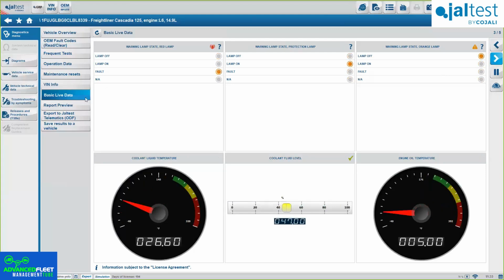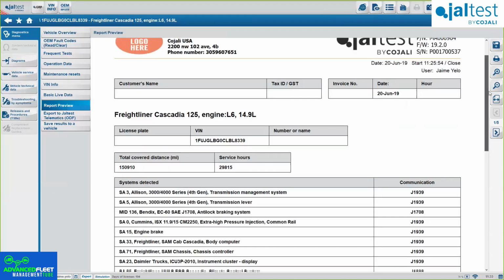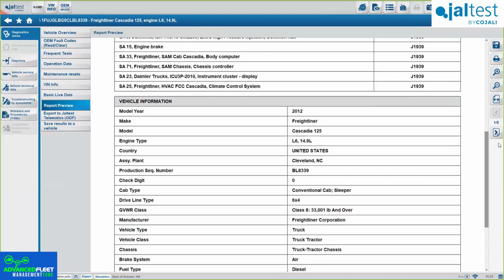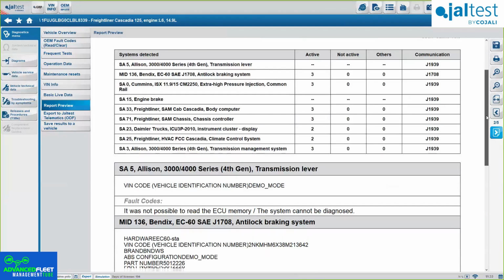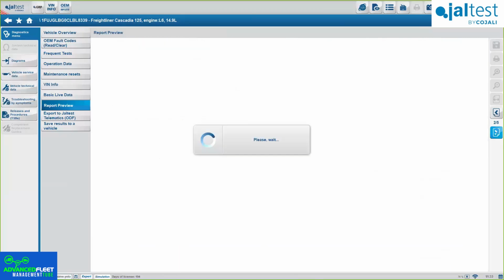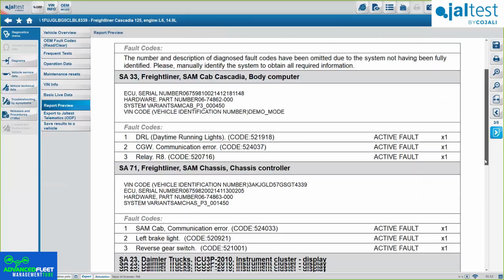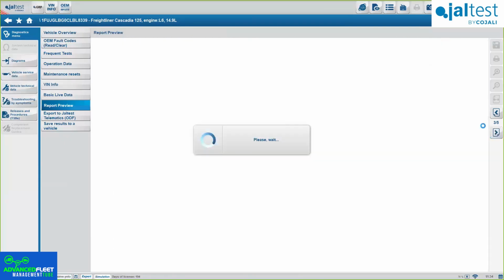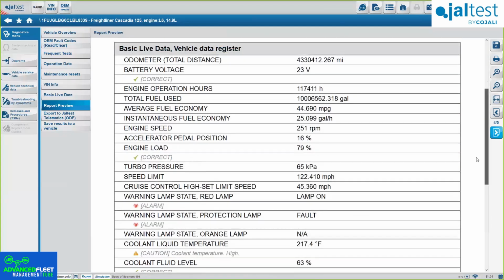Okay. The report preview, basically you can do it through here or through here on the top, and you will see exactly what we've done up to this moment. Okay, we have diagnosis systems, so we know which systems are present on the truck. Again, you can get this in 2 minutes. You will have this full report with every active fault code. Okay, so the clients will be happy to see that you can show them exactly what's wrong. And for you, it's a revenue stream, since these reports can go for a lot. And in this case, you see how easy it is to get one of these reports. Okay.